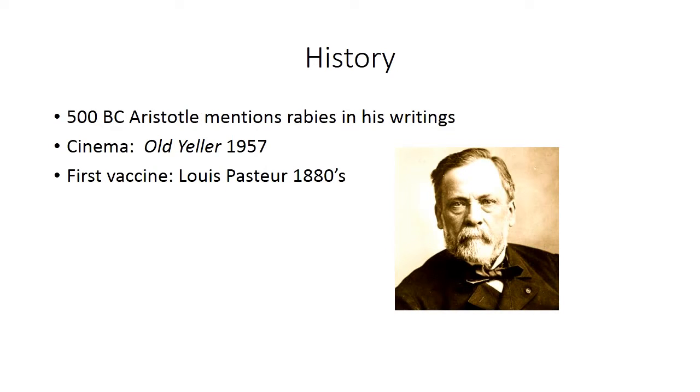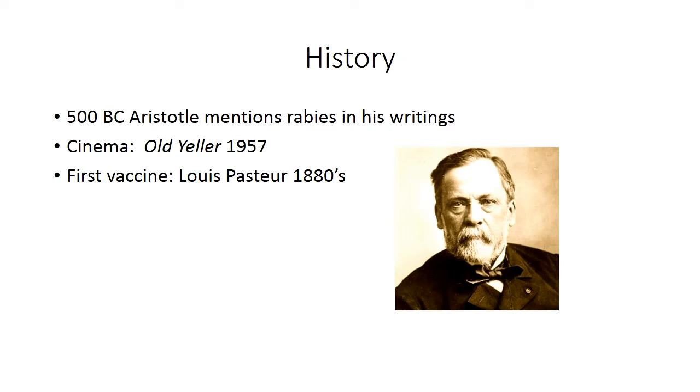Well, thanks to a man named Louis Pasteur, a vaccine was created. Louis Pasteur is no stranger to the medical world and has done much for the expansion of our understanding of microbiology. He is a chemist that, after further study, came to develop the first vaccine for rabies. It was first tested on animals and proved to be successful. However, at that point in time, it was unknown if it would be effective in humans.